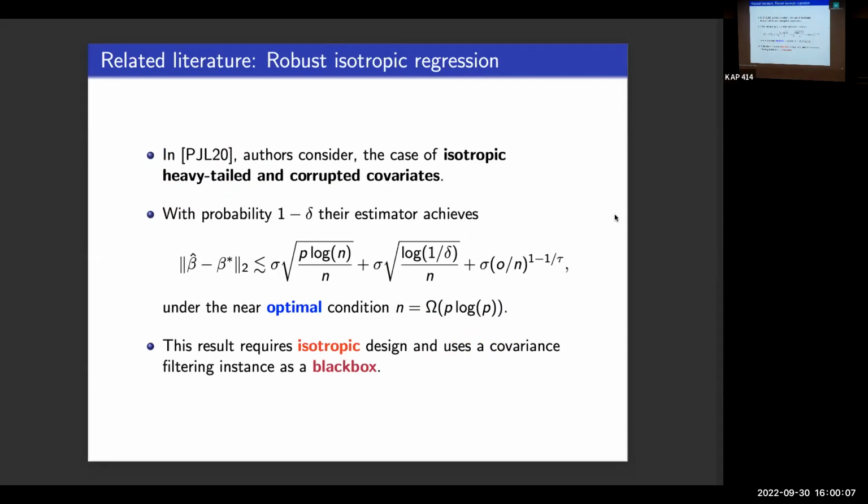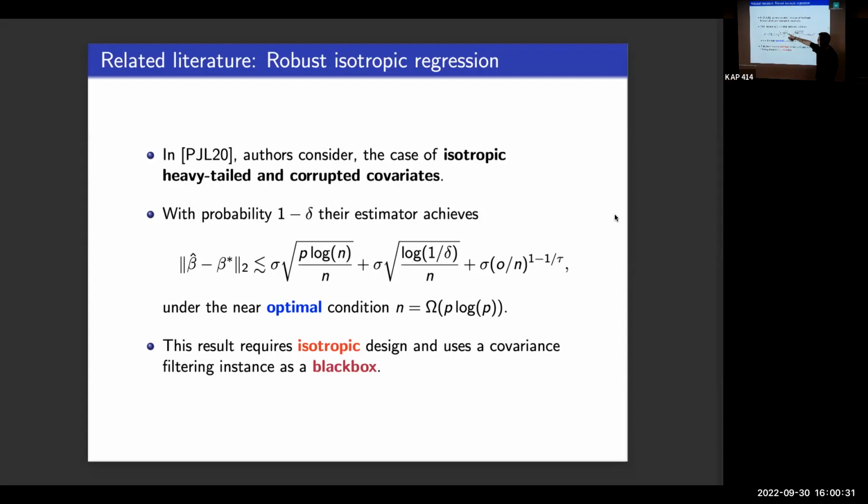All right, so then the most recent paper, by Pollinglow and co-authors. They consider the exact same setup, again without sparsity for beta, but now they're assuming that the design is isotropic, heavy-tailed, so it's a more general setup than what we consider, because they consider a heavy-tailed design with probably some corrupted covariates.